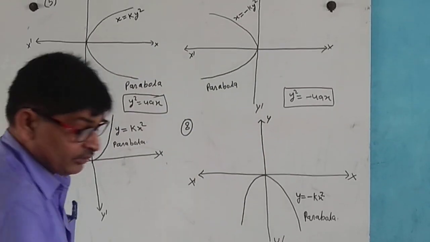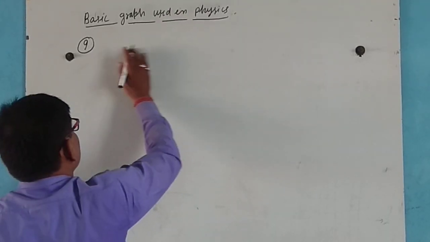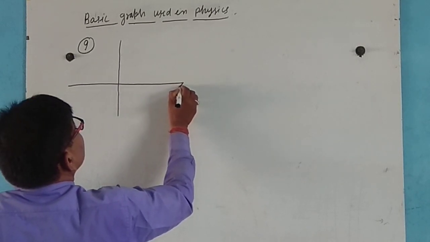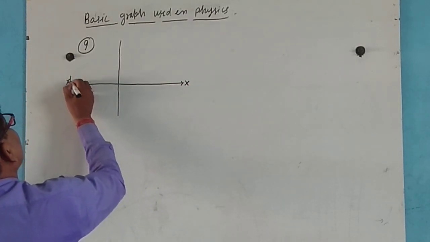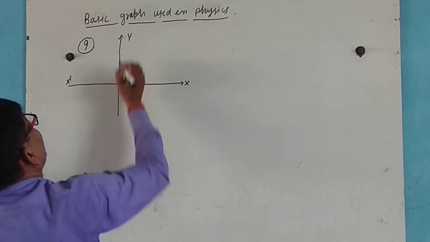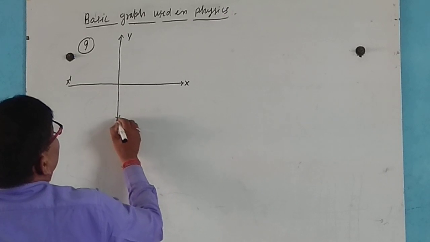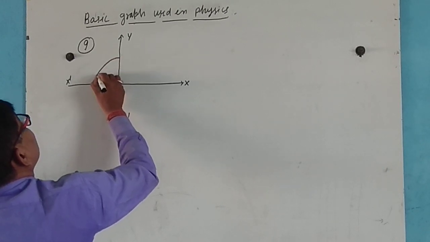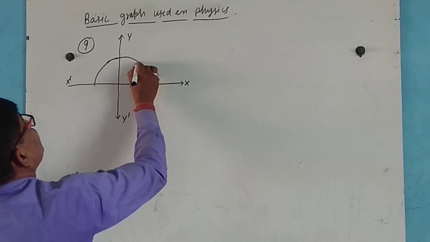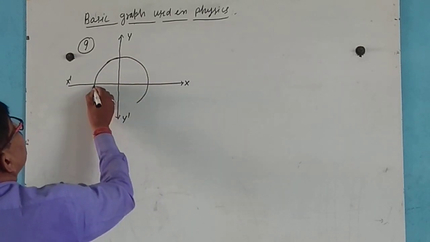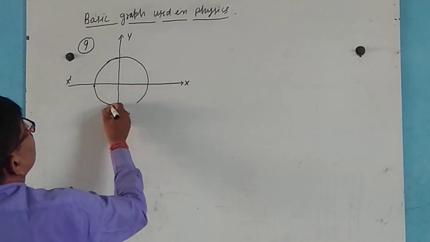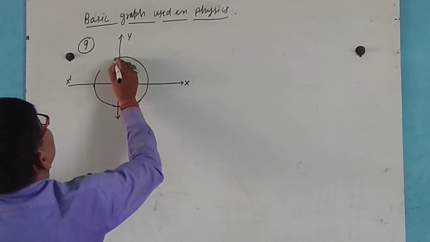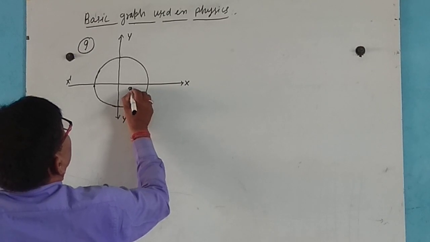Now next, now x dash, y, and y dash, here, this distance